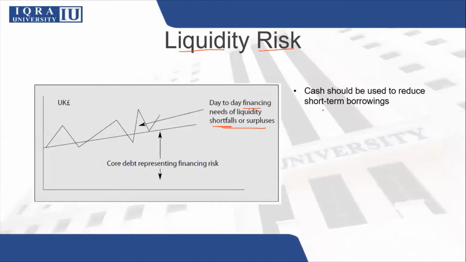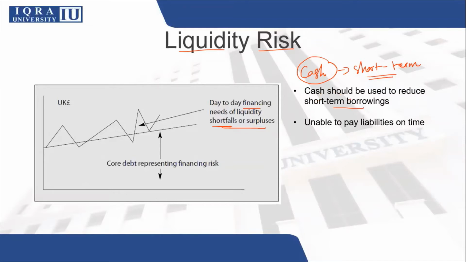Number one is that sometimes businesses are depositing cash and at the same time their short-term borrowings are also increasing. This does not make sense. If the business has cash, that cash should be used to pay out those short-term borrowings. If the business is not doing so, they might be incurring unnecessary costs on the short-term borrowings that can be reduced by better management of money.